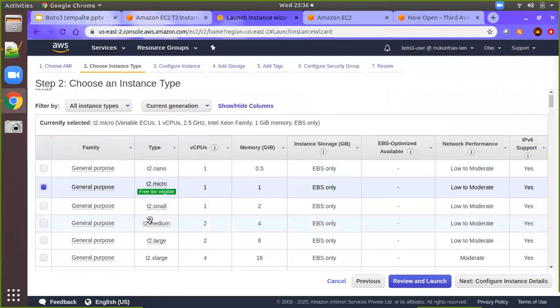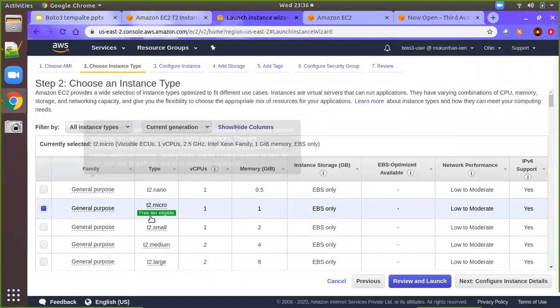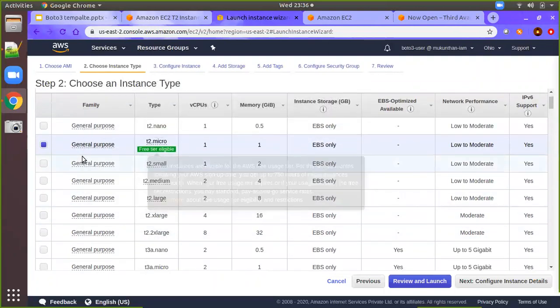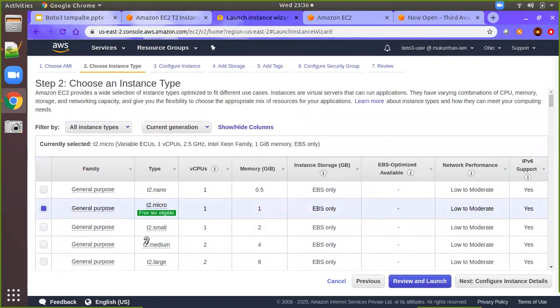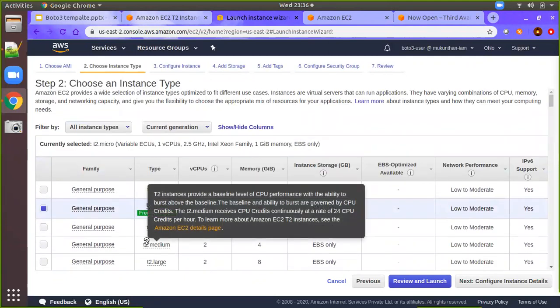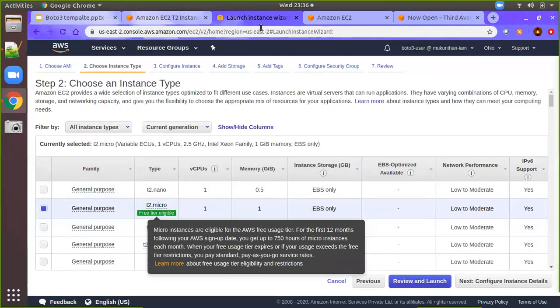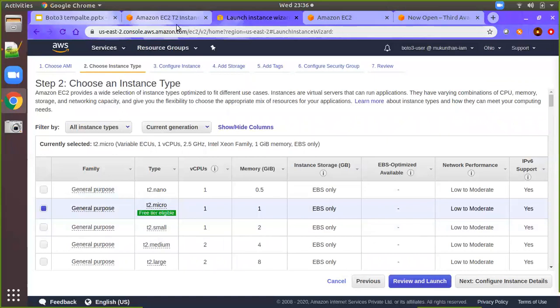And here you can see the different kinds of instance types. For example, each instance type will have the CPUs, memory, internal storage, and a lot of other things. However, if you are on the free tier, just check the option which is free tier eligible. Otherwise, if you select something else, it may charge your account. So I'm selecting this one. So what does t2.micro mean? We will see here.